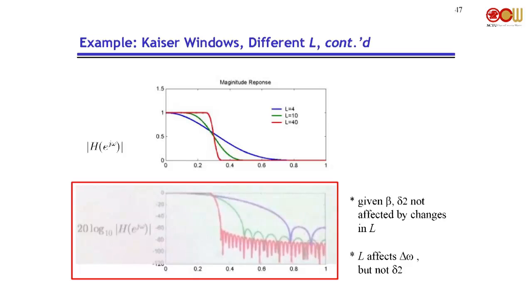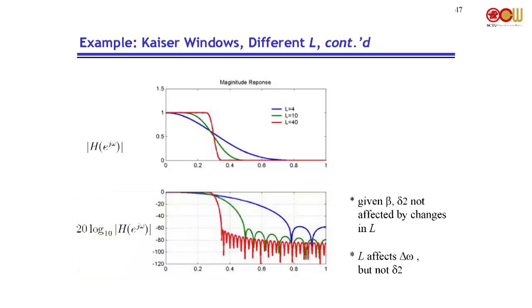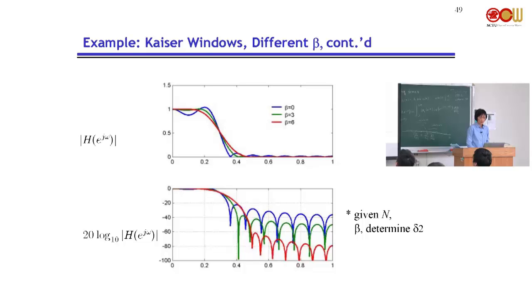So what the window length affects is the transition band, or the main lobe width, but not really the stop band. Okay. So this gives us an idea of how to design the window. And this figure is similar for a fixed window length: if we change beta, then the result will be similar to what we have seen in the rectangular versus Hamming versus Blackman windows. Okay, the window length is fixed, only the window shape, beta, is different, so we just get a different trade-off between